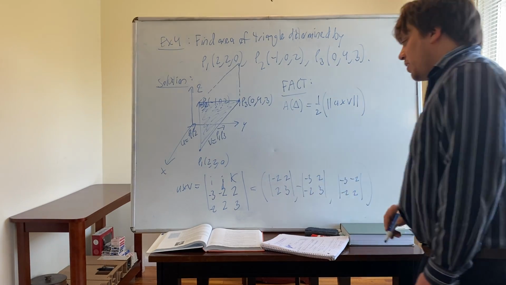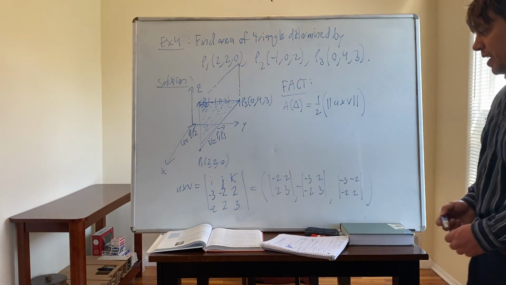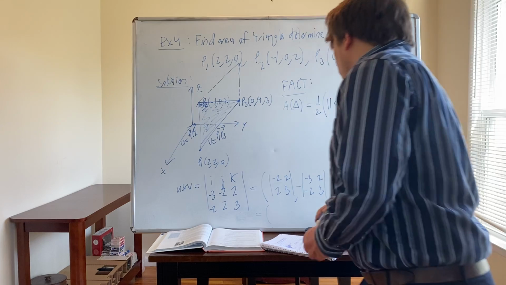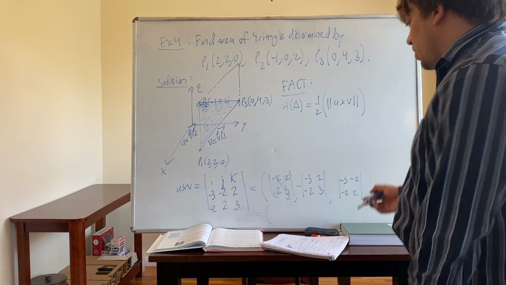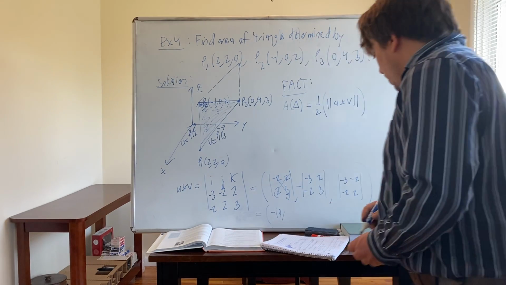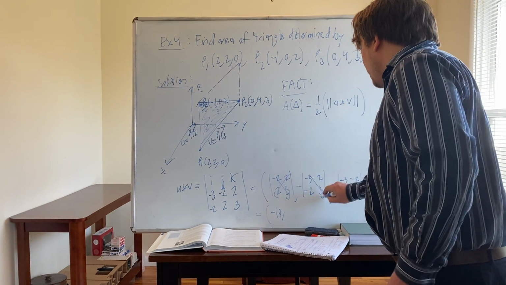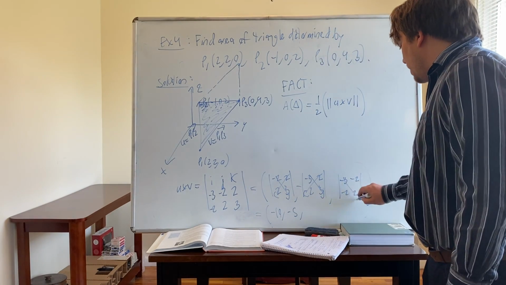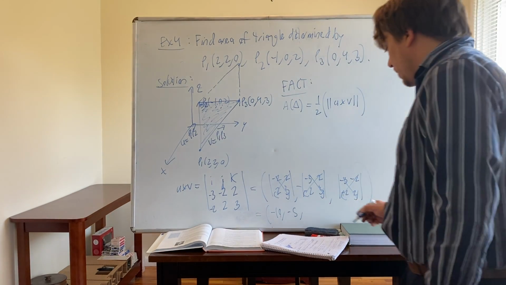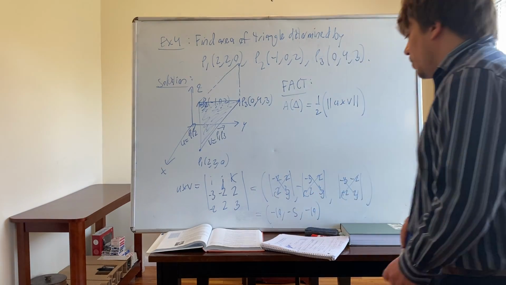And so practicing finding the determinant of the matrix, you get that. And this is equal to this times this minus that times that, which is negative 6 minus 4, that's negative 10, comma negative 9 plus 4, which is negative 5. And then negative 6 minus 4 is negative 10. And so you get negative 10